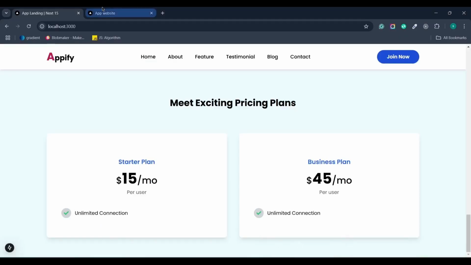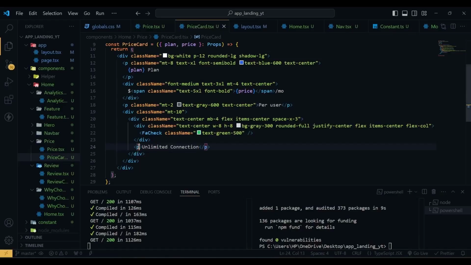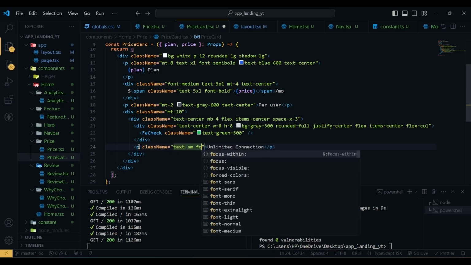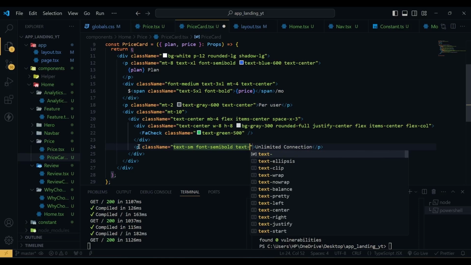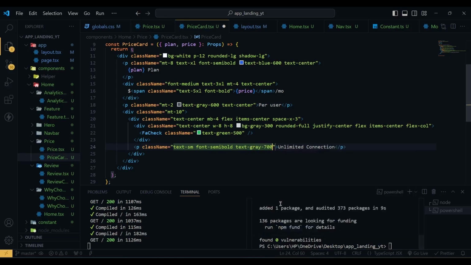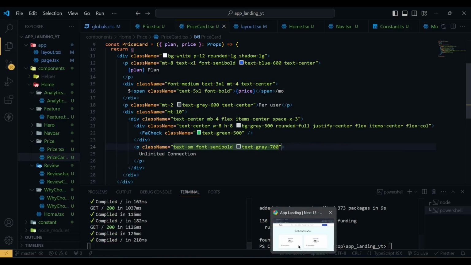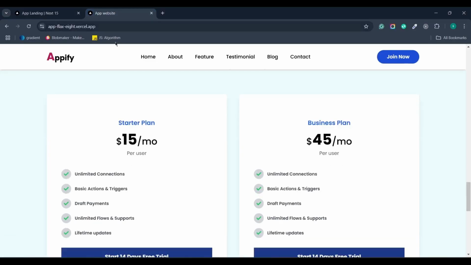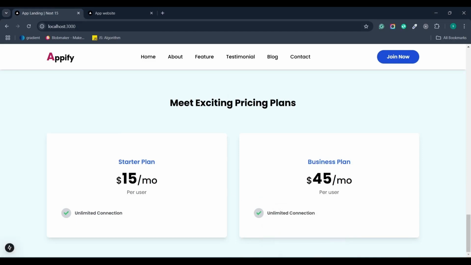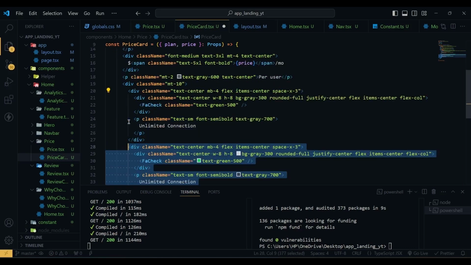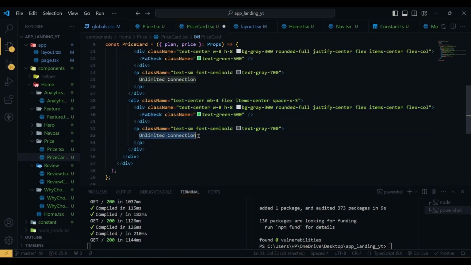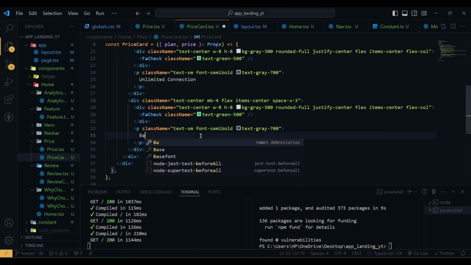now you can see it looks good, but we have to style this p tag. So the p tag will have a class name of text small. We're going to make this a small text. Font will be semi bold, text gray 700. Now if I hit save, now it looks good, just like the deployed one. So now we have to copy this multiple times. So let's copy this a second time, and for the second one,